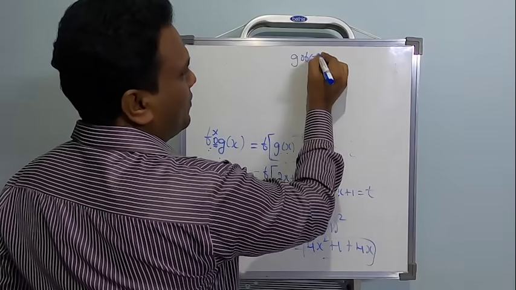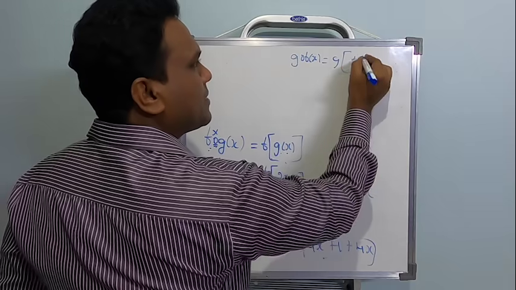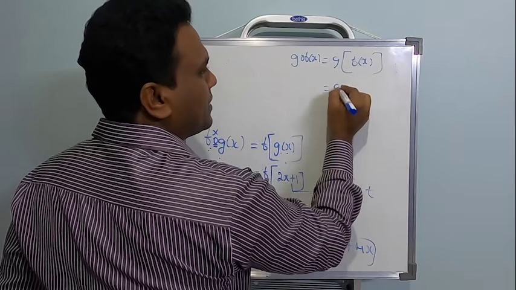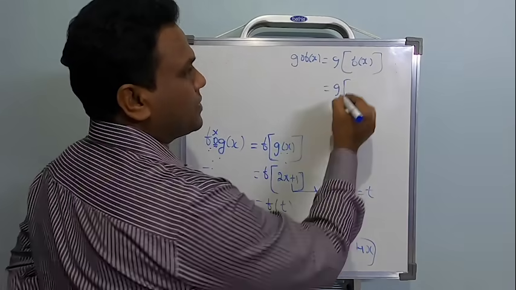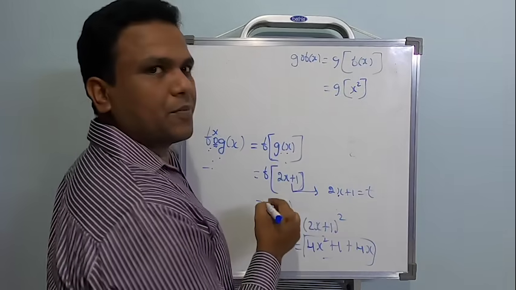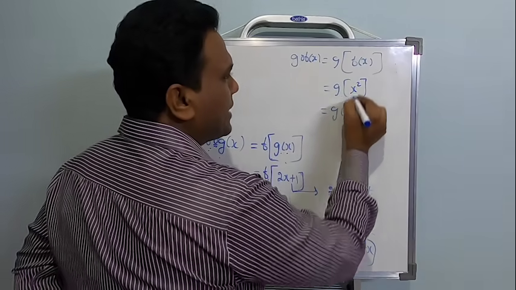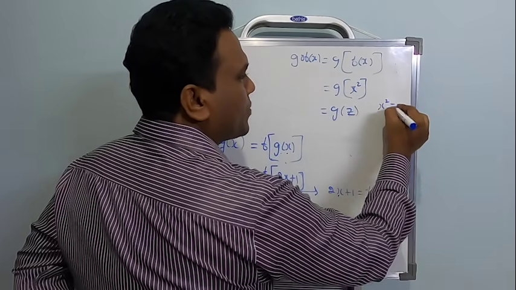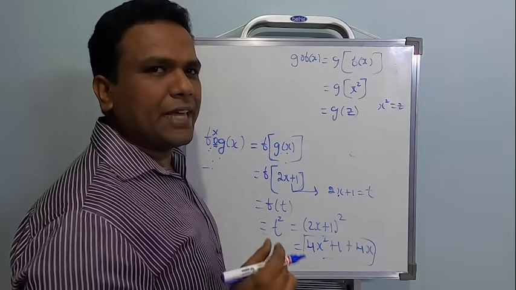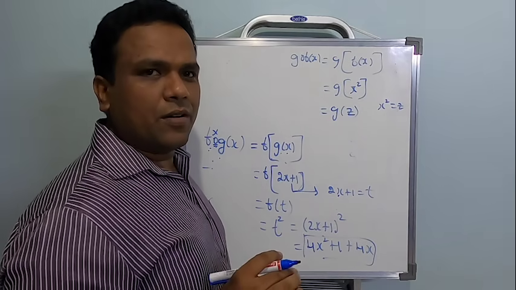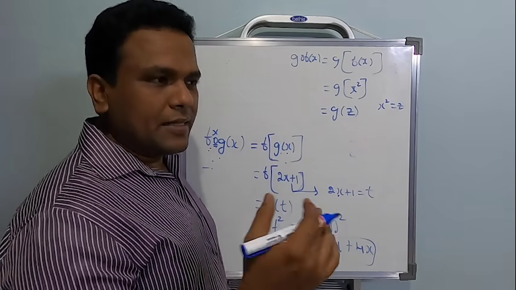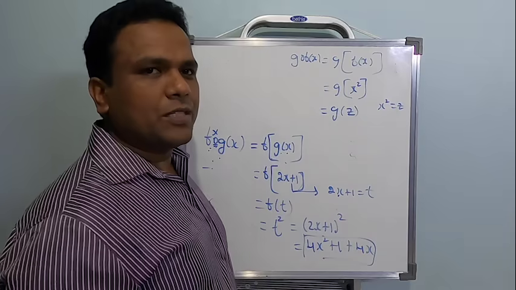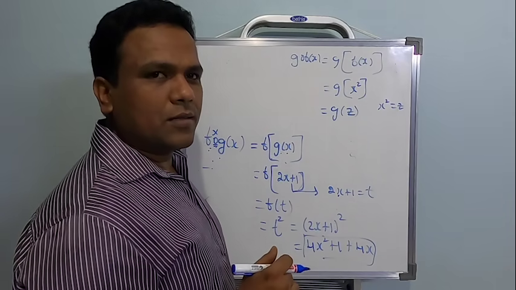g of f of x is rewritten as g of f of x. Now substitute f of x. What was f of x? x square. Once again I suggest you give some name for this x square. Let me take it as z, where x square is equal to z. Do this naming, it is easy. You will never miss anything. If you proceed directly, there are chances you will miss out something. So learn this naming culture.